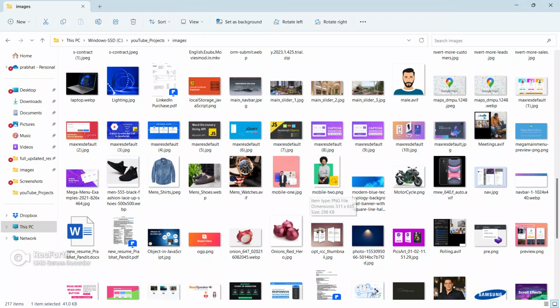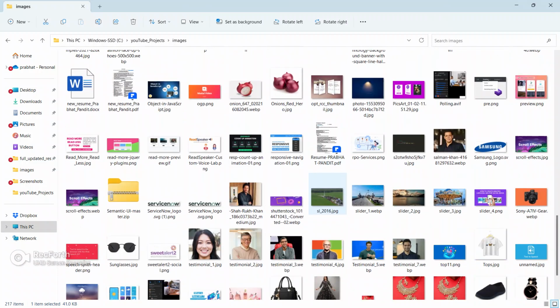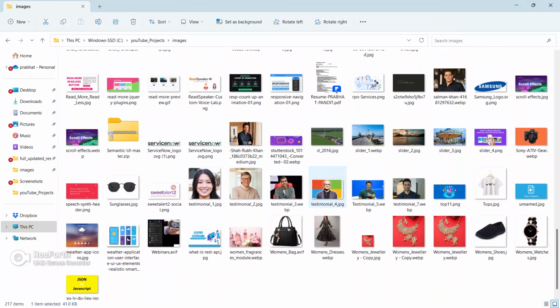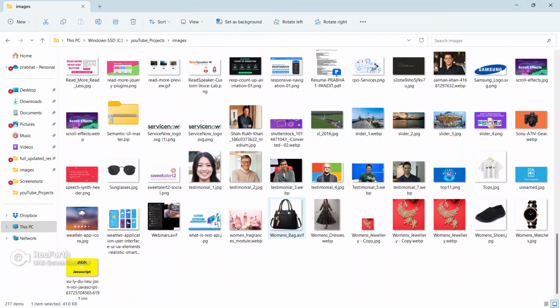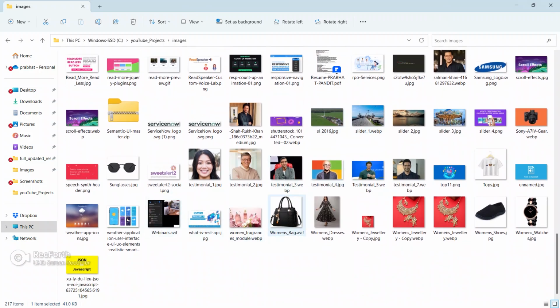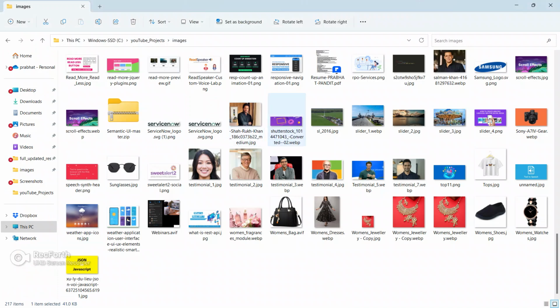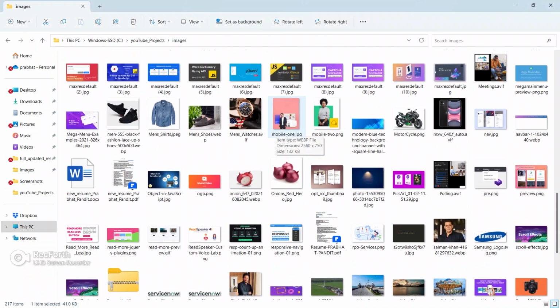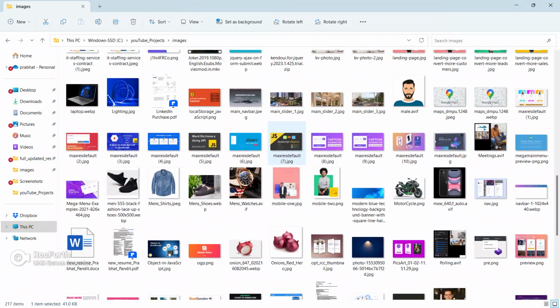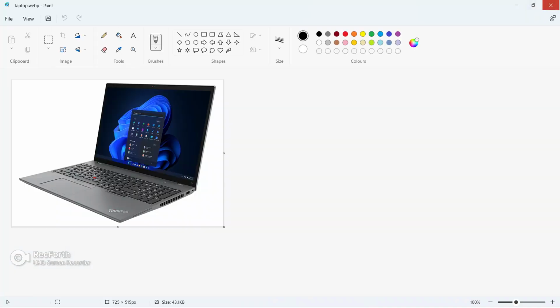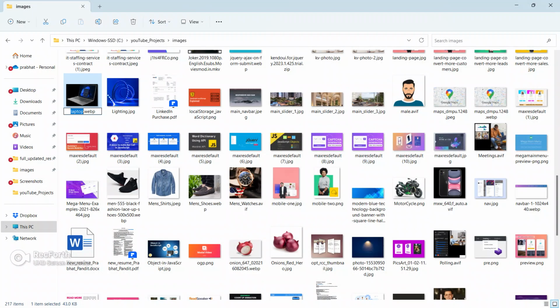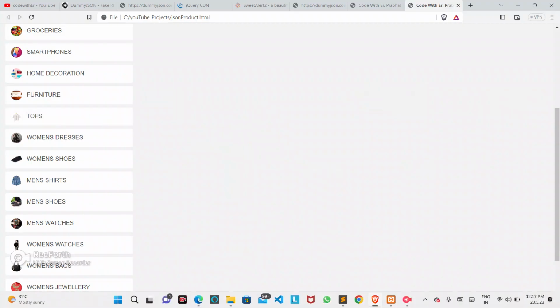Okay, so laptop and lighting guys. So yeah, this is the laptop guys, and this is the lighting also.